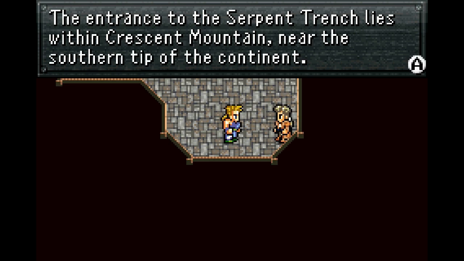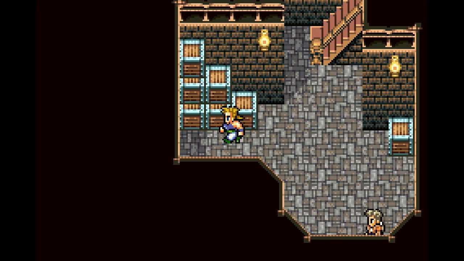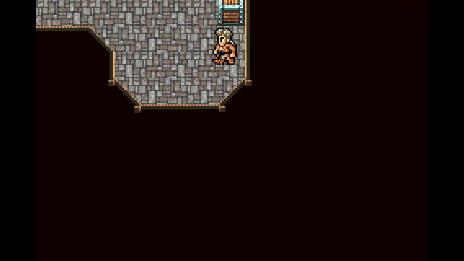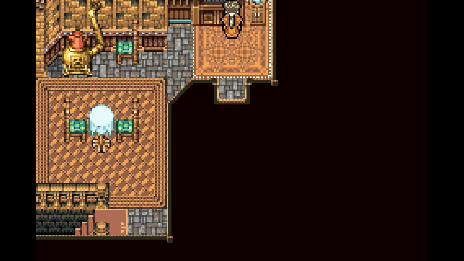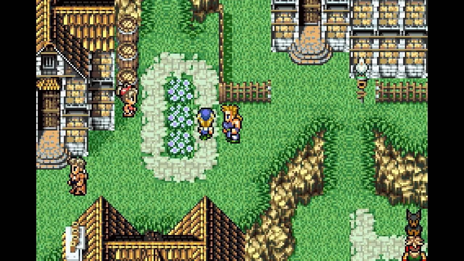The entrance to the Serpent Trench lies within Crescent Mountain, near the southern tip of the continent. It seems like one of those, there's a hidden room in here type areas, but I don't think so. Nothing. Alright, so let's get